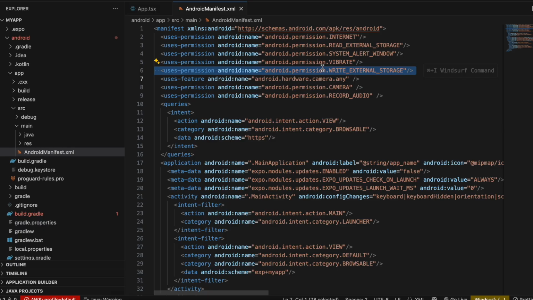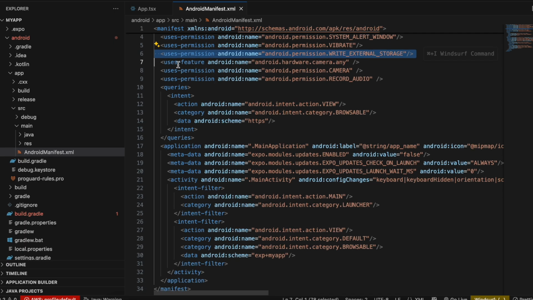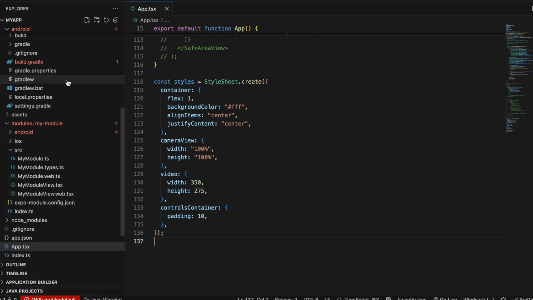If it is not, make sure you add it, because these things keep on changing with every Expo version, so they might decide to remove it in the future as well. Then these three permissions I have added explicitly. First one is uses-permission of android.hardware.camera, then the CAMERA permission, and then the RECORD_AUDIO permission. Okay, then you need to go to